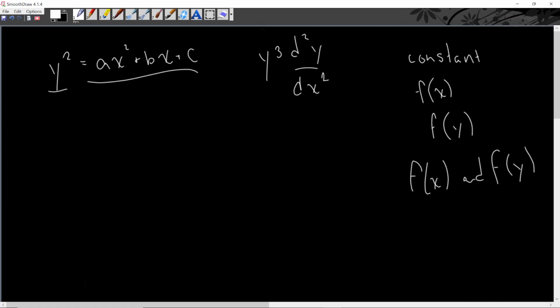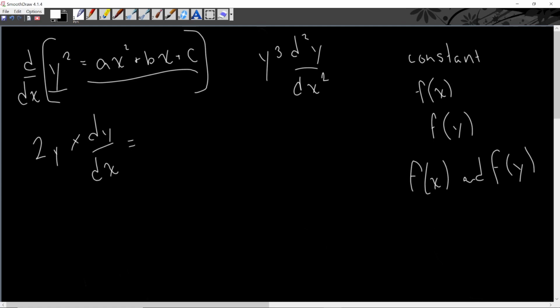So d/dx of y squared is going to be the derivative of y squared with respect to y. So bring that 2 out front. 2 minus 1 is 1. So derivative of y squared with respect to y times dy/dx. So 2y dy/dx is equal to ax squared. So a, b, c, these are all constants. They can't hurt you. So x squared, that derivative, we bring that 2 out front. 2 minus 1 is 1, so we have 2ax